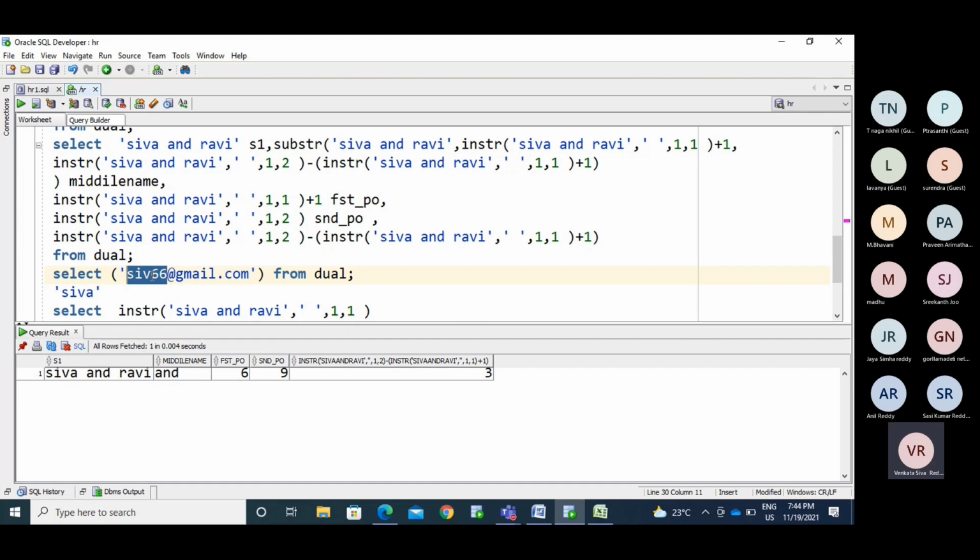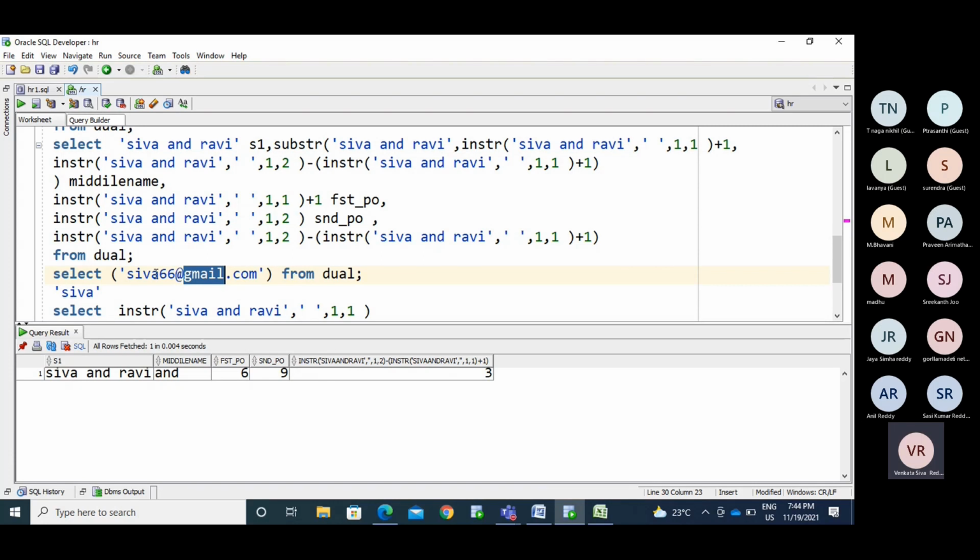So this is your name. This is your company name, domain name. So I need to separate these two. This is the name. The client has provided only the email ID. I need to derive the name and the domain or company name.